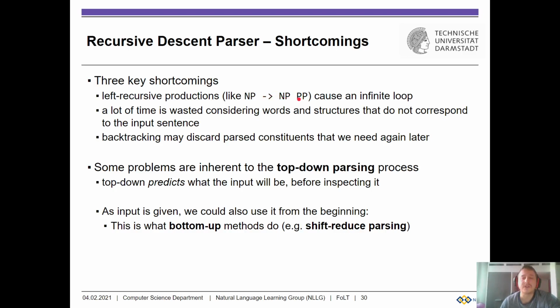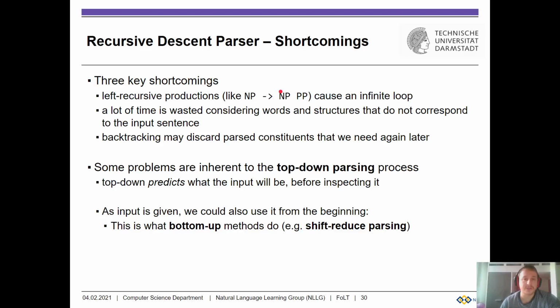Now, left recursive is if the symbol to be expanded is the leftmost symbol on the right hand side. So this is the right hand side, this is the left hand side, and this is the leftmost symbol, and this is the rightmost symbol. So if the repeated element is the leftmost symbol, we have a left recursive production, and that will cause an